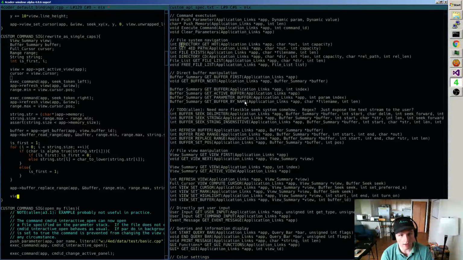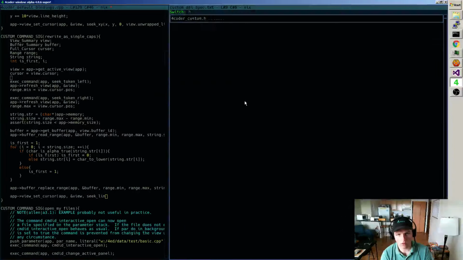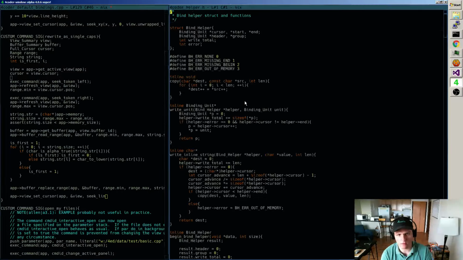So view or app view set cursor, and what I want to set it to is app, let's see, the view that I care about, and then buffer seek, or seek line, okay, what's the name of it?